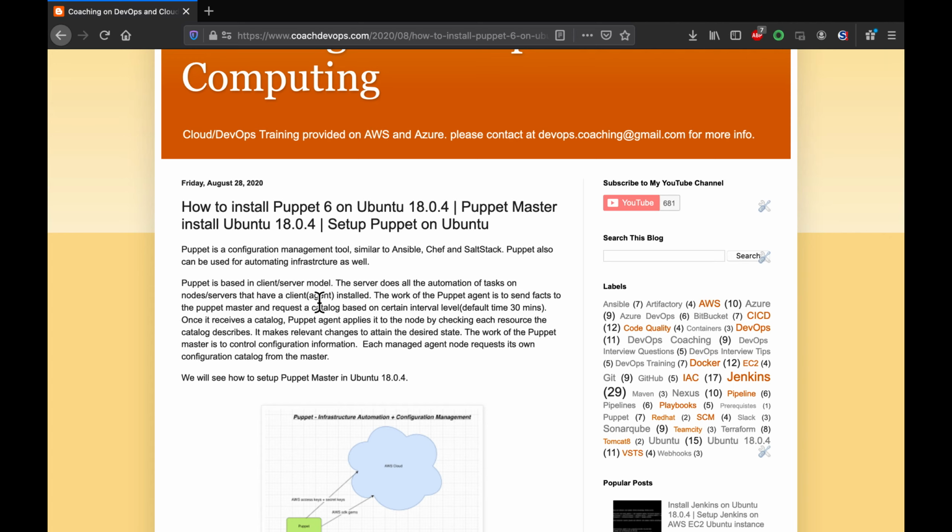Okay, so if you look at Puppet, Puppet is based on a client-server model. If you compare this with Ansible, this works exactly opposite to Ansible, because Ansible is purely based on